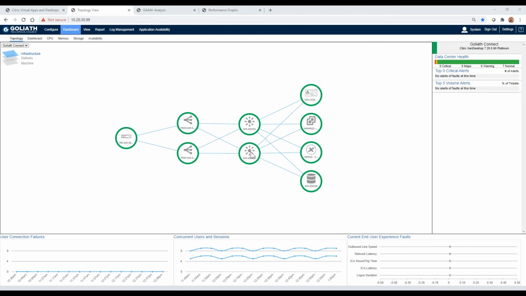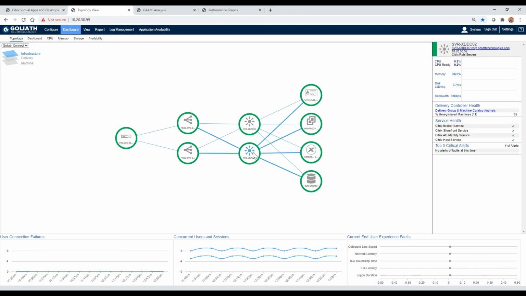And then we're automatically, as mentioned, adding hundreds of modern rules to the environment that are looking for events, conditions, failure points, and thresholds. What's important about those monitoring rules is they drive this view as a heat map structure. So as issues start to arise on individual components, they'll turn from green to red or orange, depending on the severity level of that alert. So say if you have a broker service error taking place on this particular delivery controller, this will turn red. Doesn't mean the machine's down, just means that there's an alert that has been deemed critical as triggered on